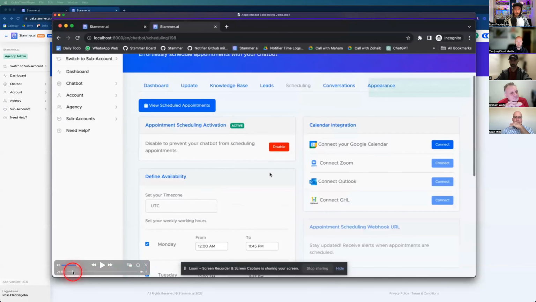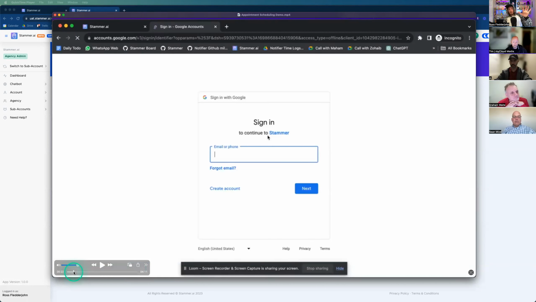And then when you click connect to Google Calendar, right now it says Stammer. However, we actually picked up bookmeetings.ai. That will be a completely dead domain in the sense that if somebody goes to bookmeetings.ai, it's going to be an empty page. There won't be anything shown there, but it will be shown here. So when anybody goes to sign up, it won't show Stammer. It will show this very generic AI